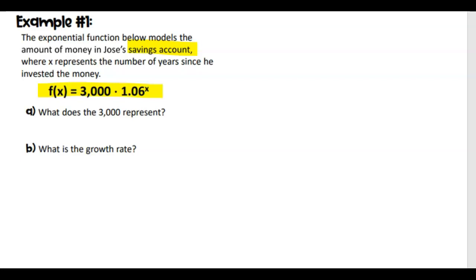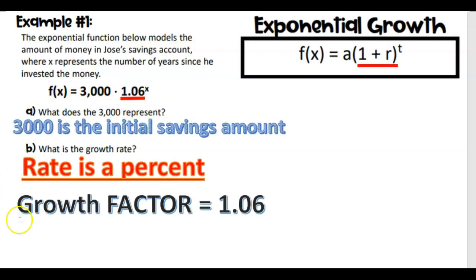What do you think that $3,000 represents? How much you put in the account to begin with. Okay, so write this part down. $3,000 is the initial amount in the savings account. He opened the account with $3,000. Our next question is, what is the growth